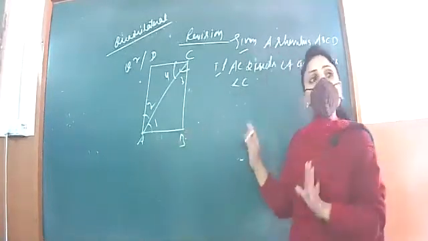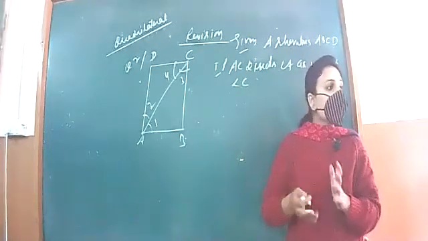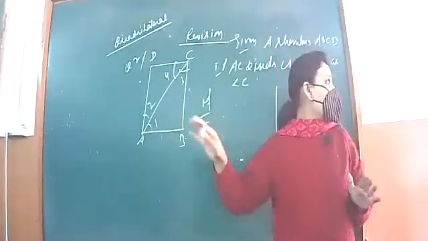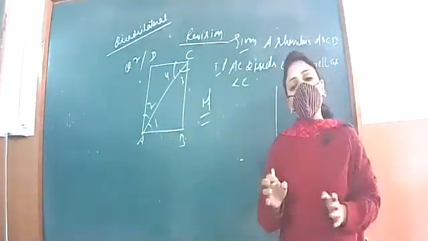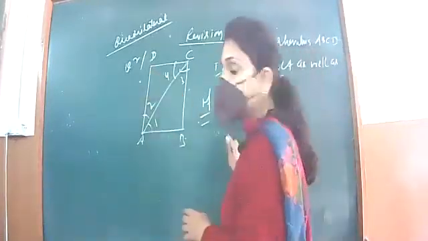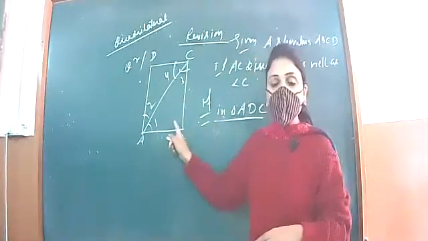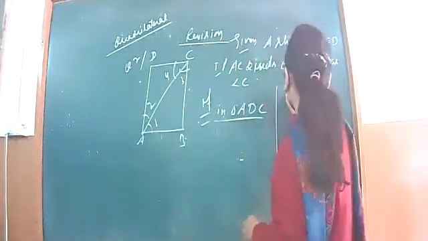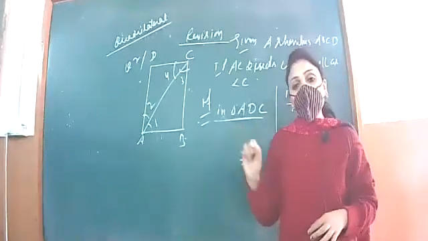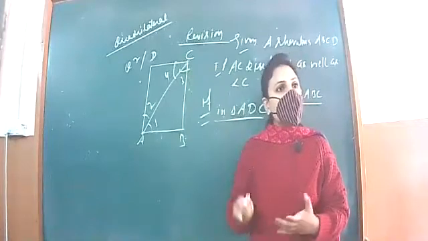Now, this could be done without using the concept of congruency. Let us see how. Let us proceed with the proof. You can see that as one diagonal AC is marked, the whole figure is divided into two triangles. One is triangle ADC and another is triangle ABC. So we have two triangles. In triangle ABC, as it is a rhombus, all sides are equal.